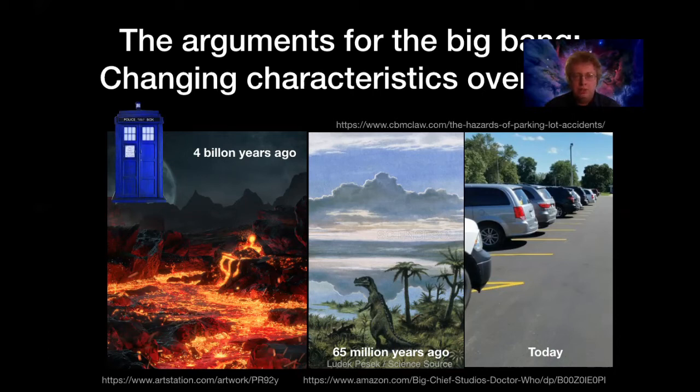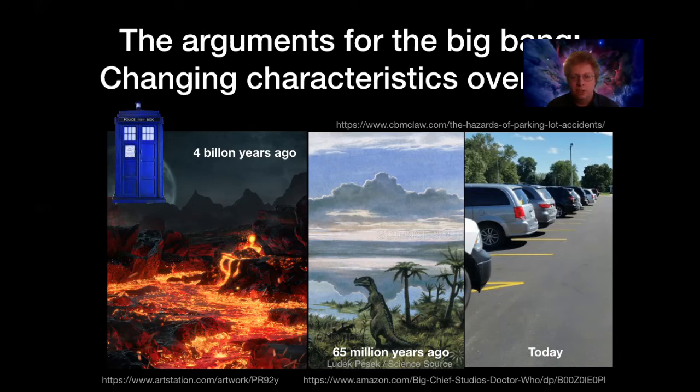Now, why is this important? If we're in a steady state, if matter is constantly being produced and new galaxies are constantly being produced, then you should imagine that on average, there should be old galaxies and young galaxies all mixed together in space. And if you look on average at any part of space, if you go back to any time in our universe, then there should be a similar mix of old galaxies and new galaxies because they're being constantly created all throughout the universe. And if that's true, then there shouldn't be a big change in characteristics the further back in time we look.